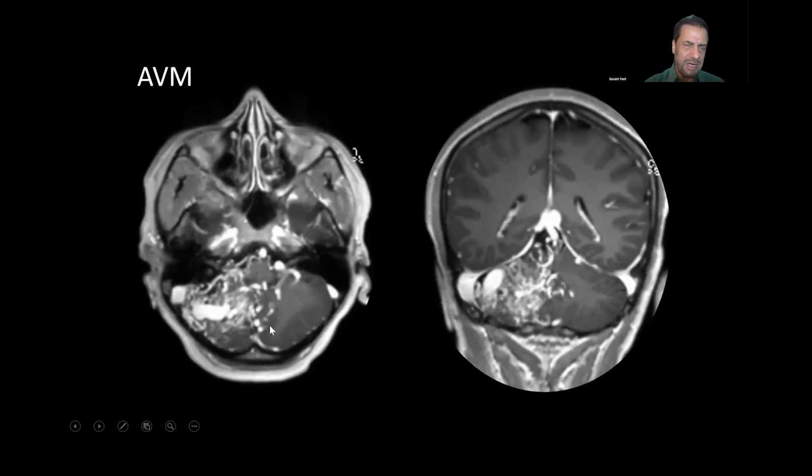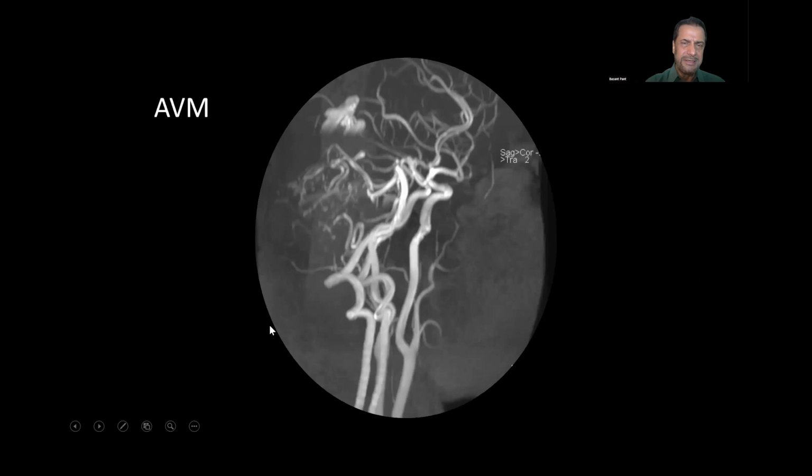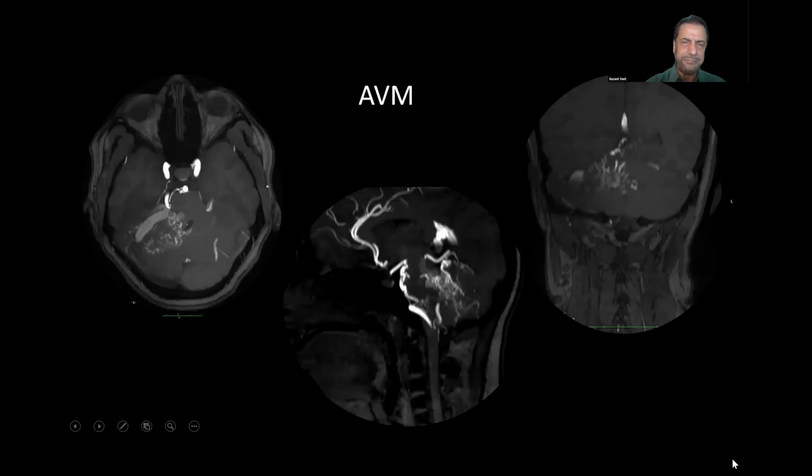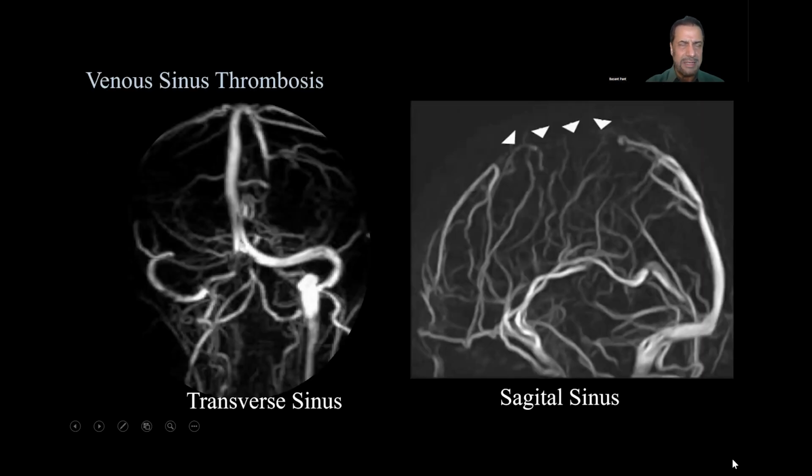And if you do a contrast, it will look like this. And if you do an MR angiography, the AVM will look like this. Another AVM case will show flow void, and then if you do an MR angiography, it will look like this. And looking at the speed of the flow, you can look at the venous sinus